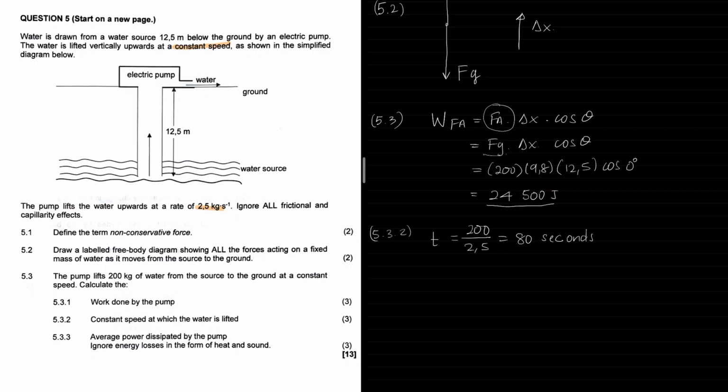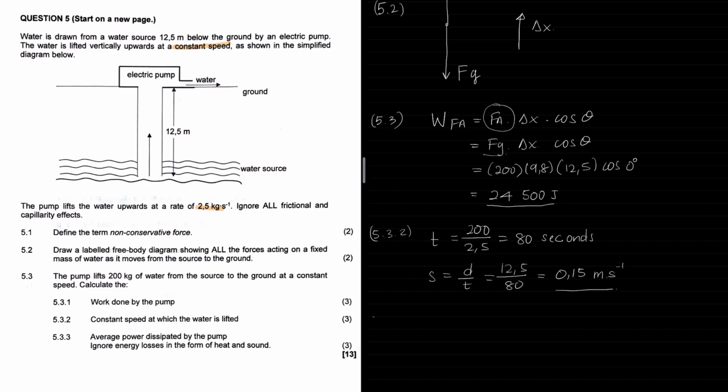Now, we can calculate the speed. Since it's constant speed, speed is equal to distance divided by time. The water was lifted up 12.5 meters in a time of 80 seconds, and that is 0.16 meters per second. Next, we can calculate